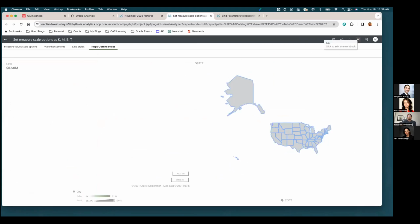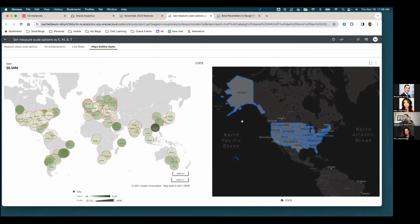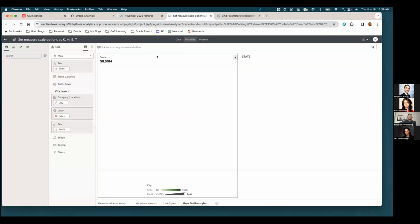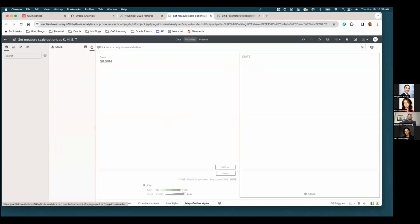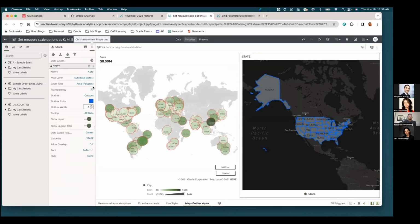So if I go into the edit, in this case you can see the outline for the point and also for the polygon. It's being highlighted, and there are specific controls. I'll show that real quick. So let me go to the point properties of the map layers. And you would see these different options for controlling the format options of the outline, enabled for maps with the November